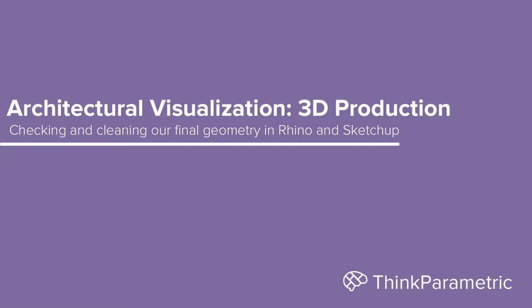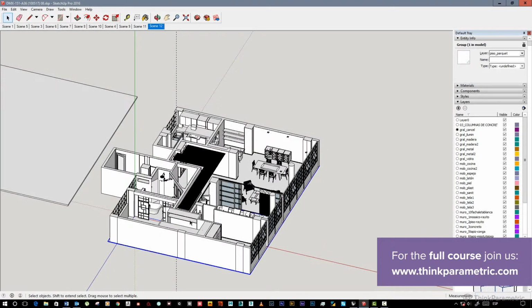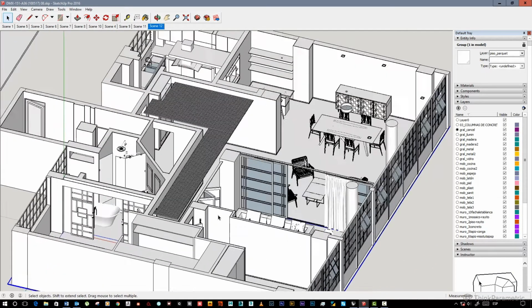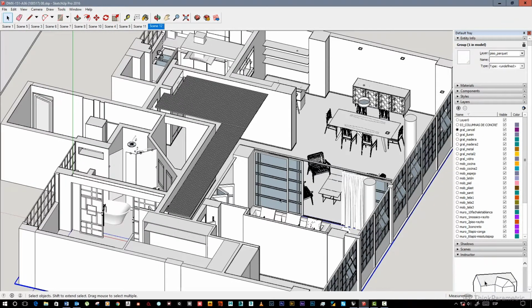So this is the last model that the client gave us. This is pretty much organized the way we ask the client to do it. We're going to be now importing this into Max directly. But before that, just for the sake of trying, we're going to be importing this into Rhino to see maybe if Rhino can help us to simplify the geometry and clean it the way it should be. So we're going to be giving that a try, and let's see how it goes.